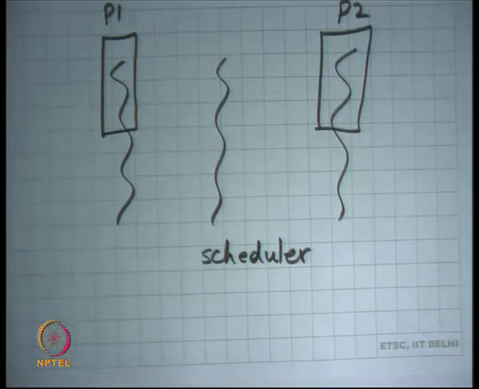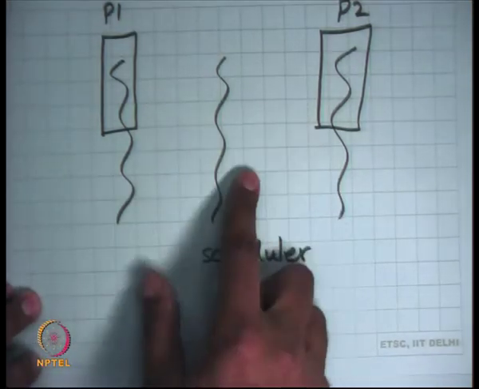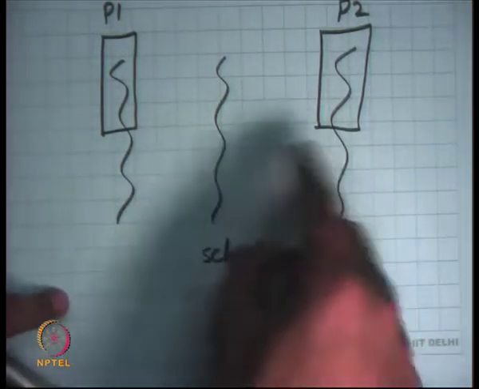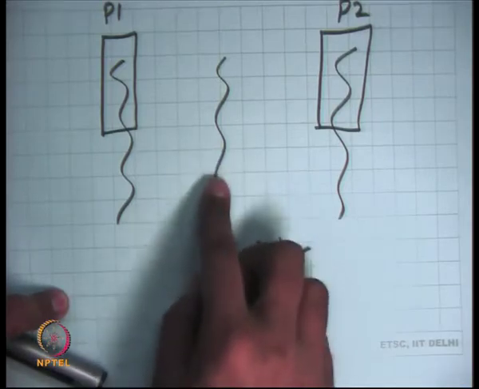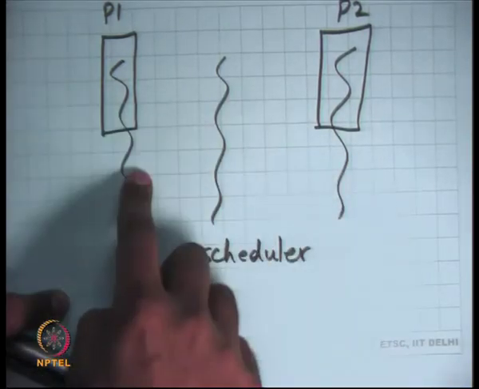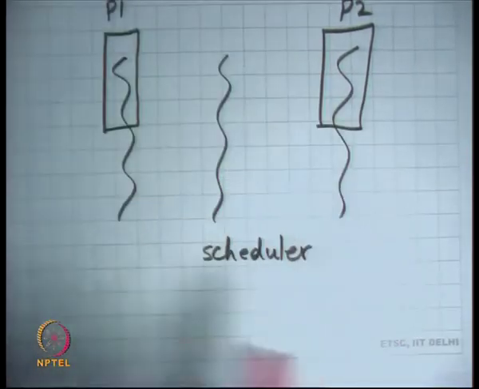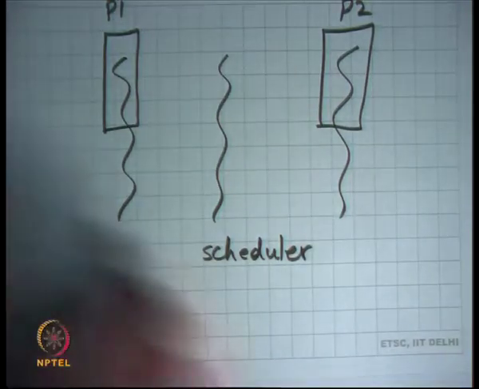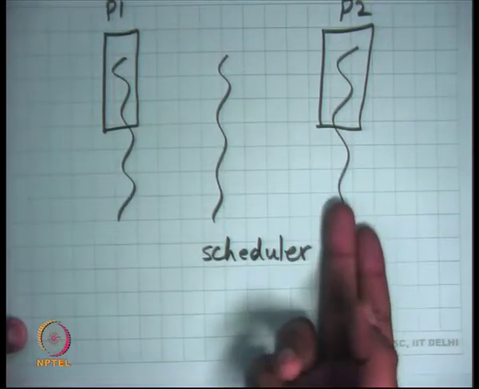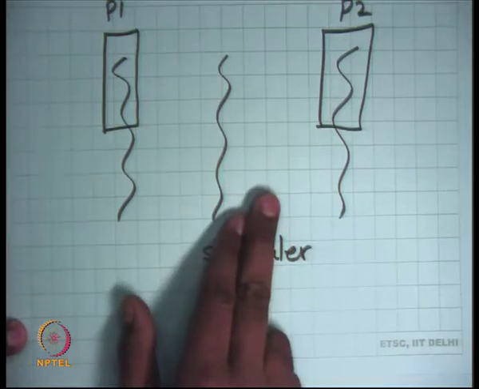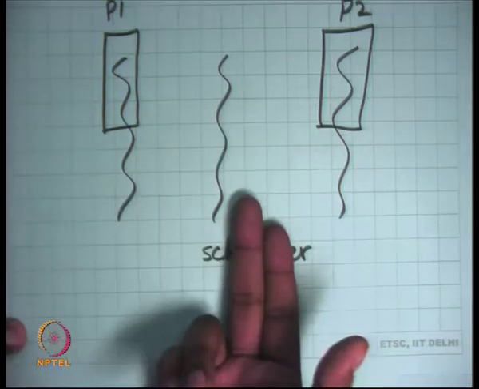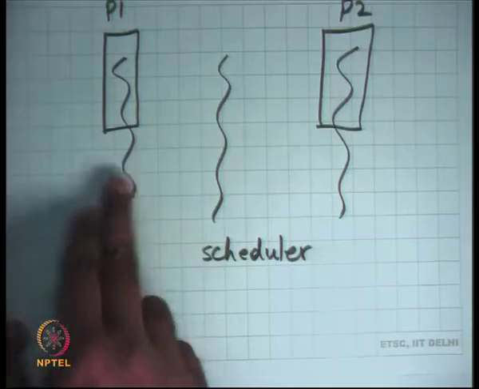It's possible that the same process gets picked again. Or it's possible, whatever the scheduling policy is, if it's round robin, let's say, then some other process will get to run if there were other processes in the system. So basically the chain of control is scheduler, P2, scheduler, P1, scheduler, P2, and so on. So you switch the stack from P2's K stack to the scheduler's K stack, and then you switch from the scheduler's K stack to P1's K stack, and so on.